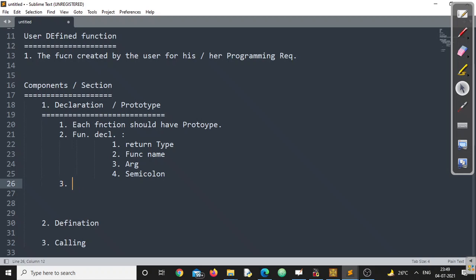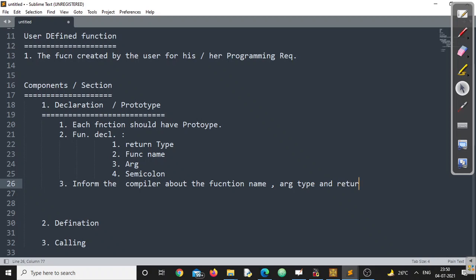The next question, why is a function declaration required? See, a function declaration is basically required for the compiler. If you don't declare a function, the compiler could not understand what this function is and where it came from. Make sure you understand this point. Why is it created? To inform the compiler about the function name, the argument types that the function will take, and the return type.